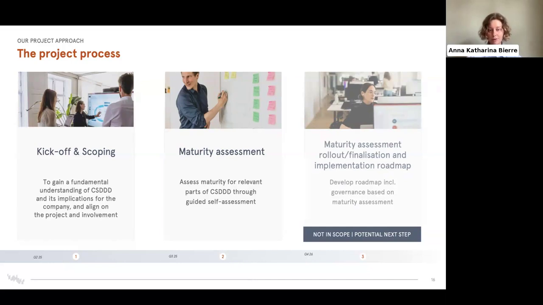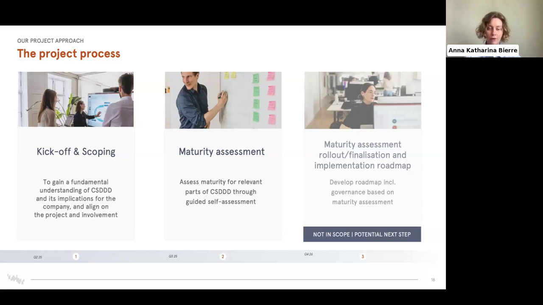Then the next step is what we call the maturity assessment. And this is where there is some work to do on the client side, because the client needs to do the self-assessment on the CSDDD maturity. It's, of course, guided by us. And the way it works is that we have weekly touch points, and we can answer any technical questions about either the CSDDD or the tool itself. And then 1 week prior to a workshop, the client sends us the assessment, and then we review it and we summarize some detailed observations as preparation for the workshop.